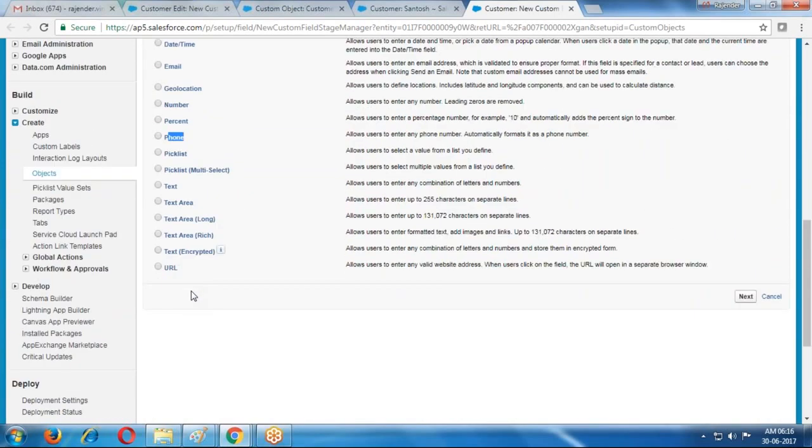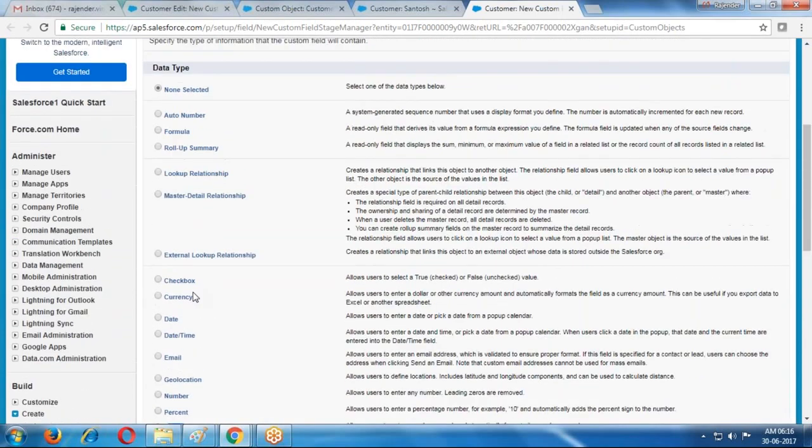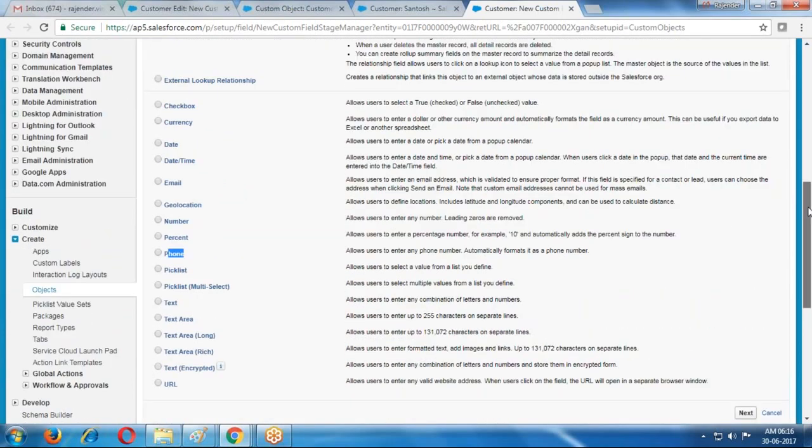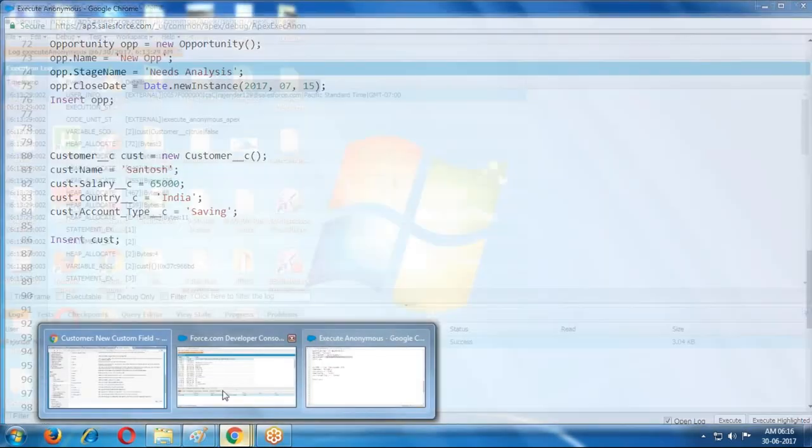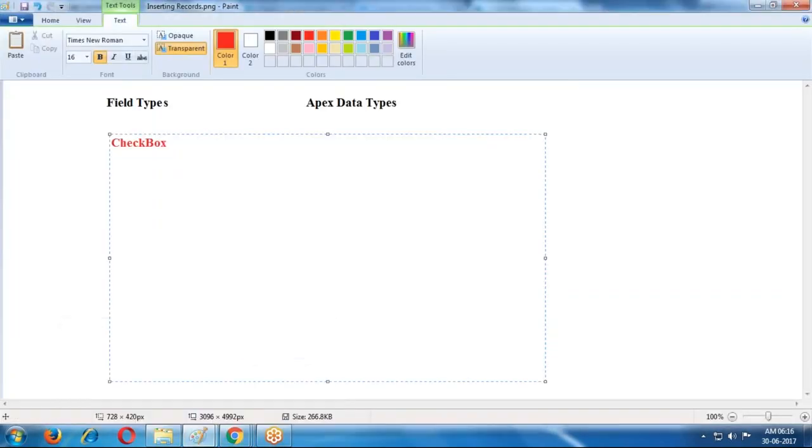These are the different field types. For the different field types, what type of data is it using?